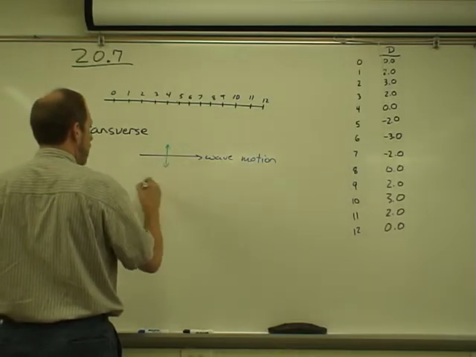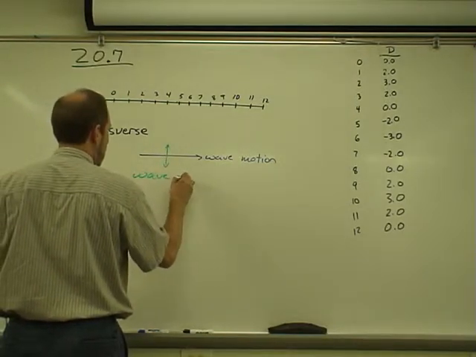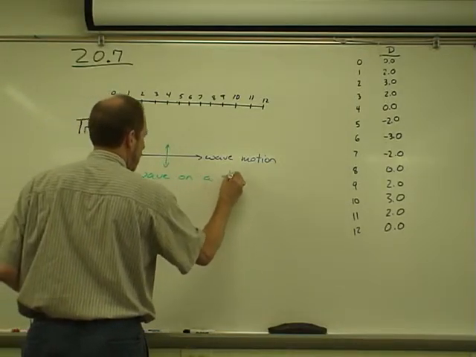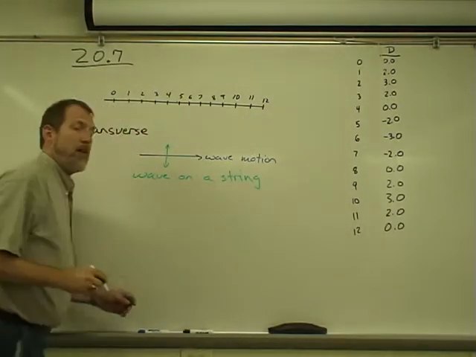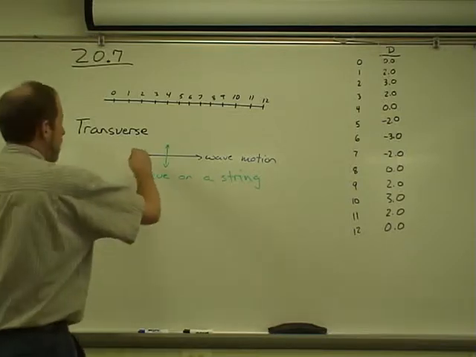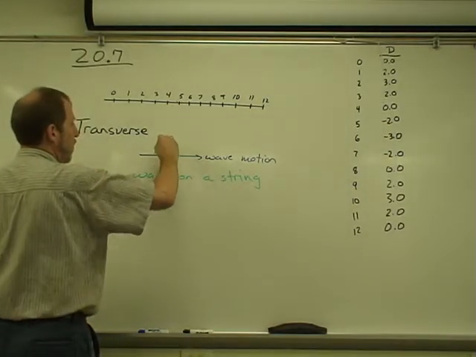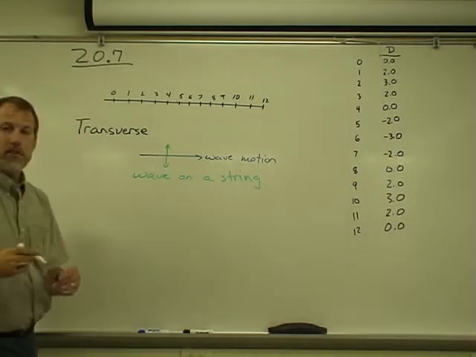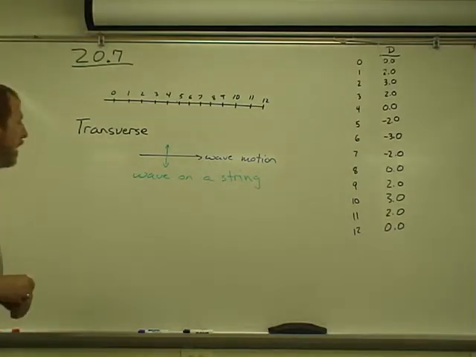Let's see, so a wave on a string is a good example of a transverse wave because the wave moves, the particles move up and down. They're knocked from that central level. Now,